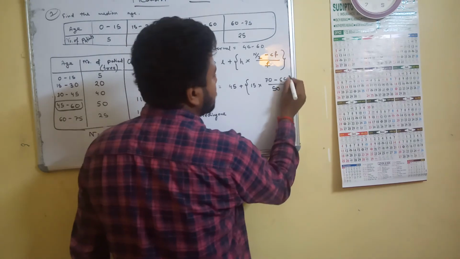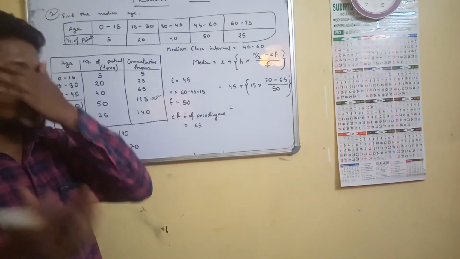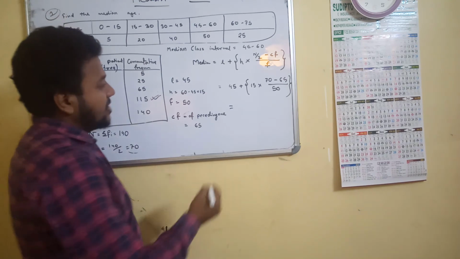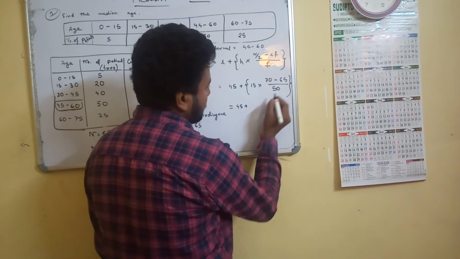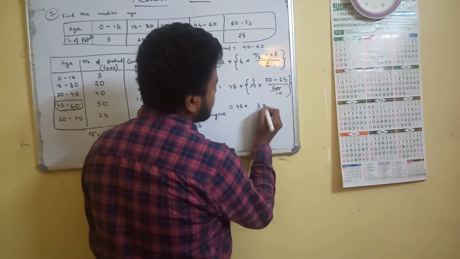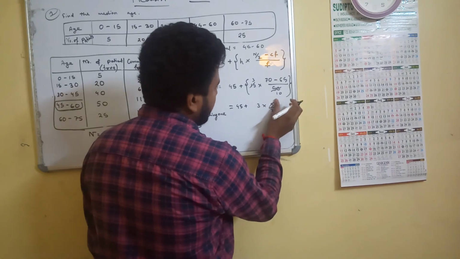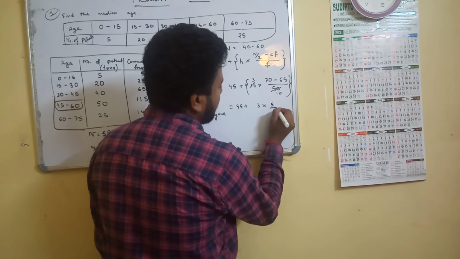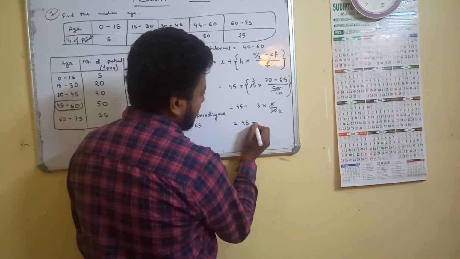If we solve this, we will get the median of this table. Do it very clearly, you should not make a mistake. So 70 minus 65 is 5, 15 into 5 divided by 50. So 5 threes are 15, 5 by 10 will be... so hence 45 plus 3